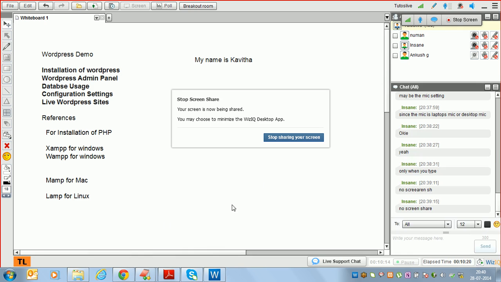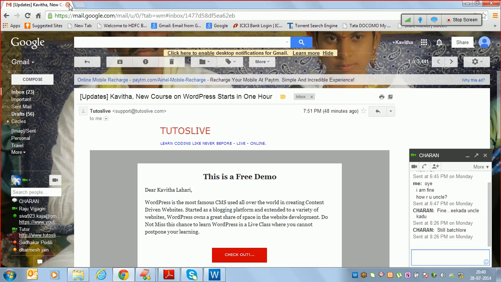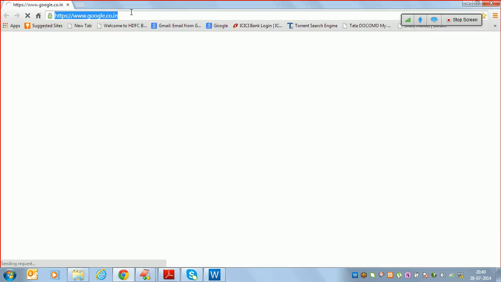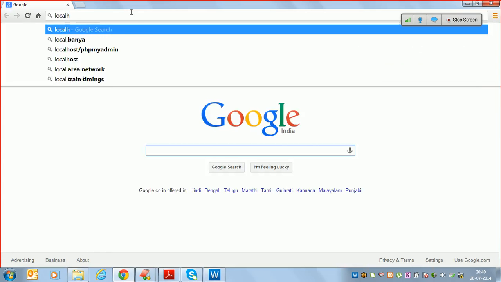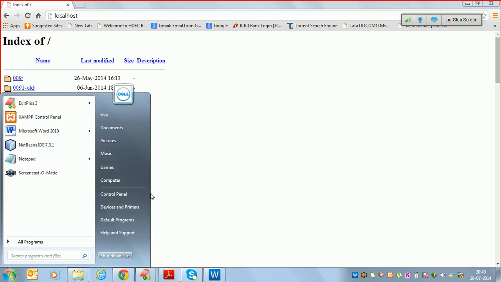As the screen is sharing, you can just check this. My host name is localhost. By default, for any desktop system, your host name will be localhost, and localhost shows all of the applications related to PHP. If you go through the XAMPP installation,